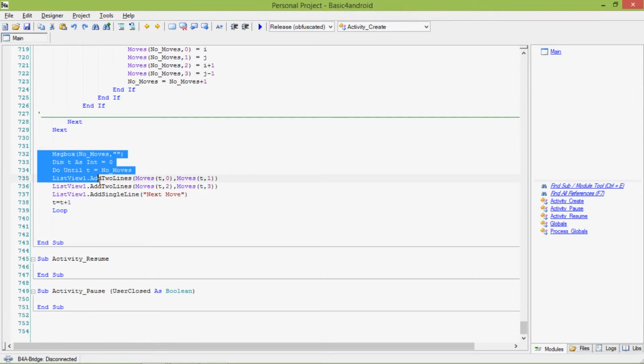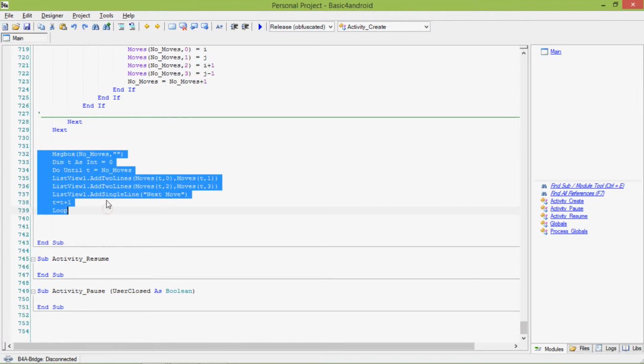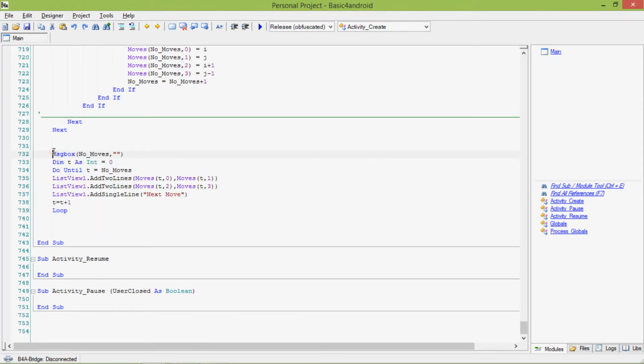So this final function is in order to test whether my product works. It won't be there in the real final product, and what that basically does is MsgBox number of moves. So when I open the program, it's going to give me a message box with how many moves possible there are, and then